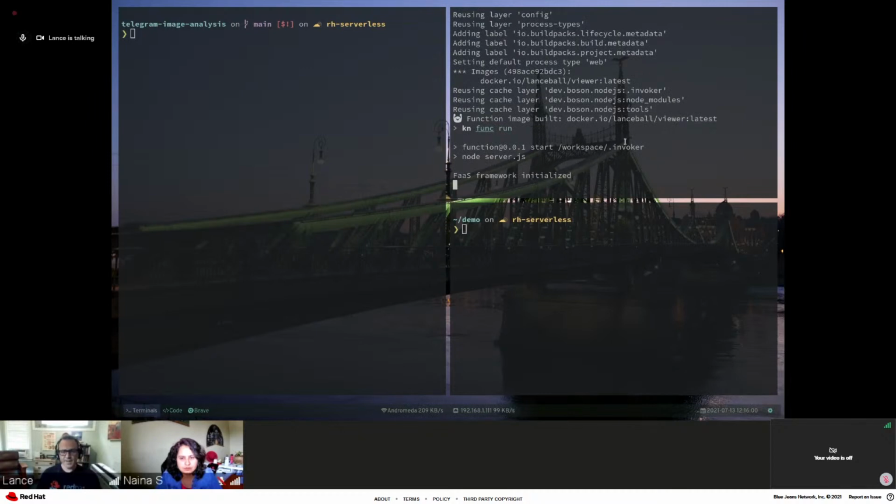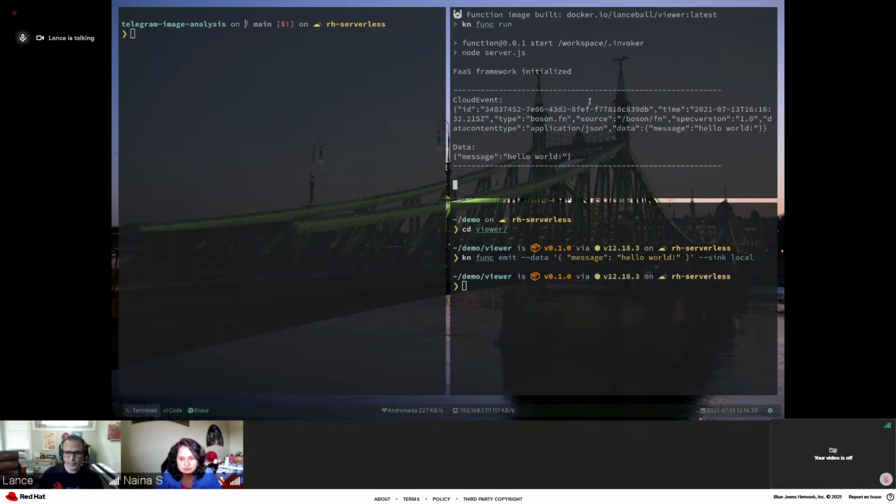So how do I test this? Well, I could use curl or something like that. But we have a little tool with the plugin that allows you to test locally. So I can run kn func emit, give it some data, hello world basically, and then give it a sink of local, which is a special flag to say, send this event to my function running locally. And you can see now that the function received that event and is printing it out